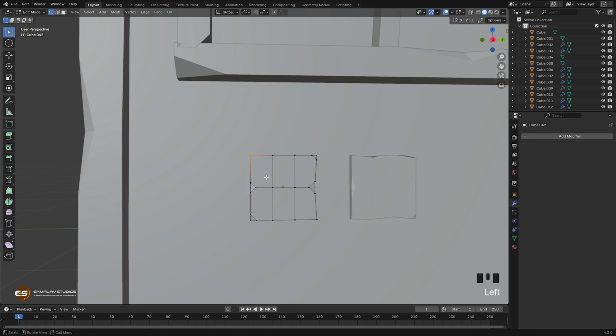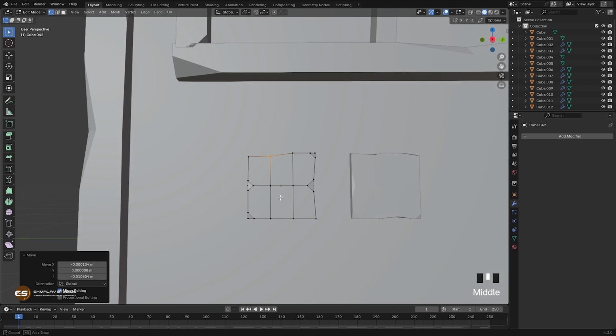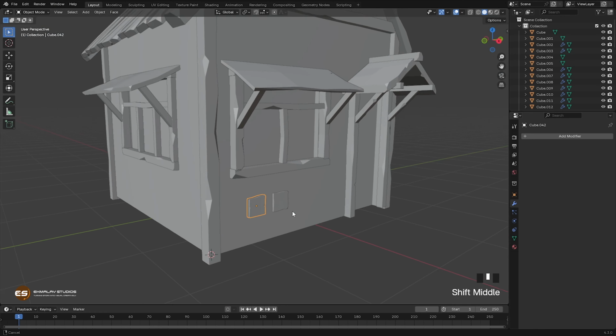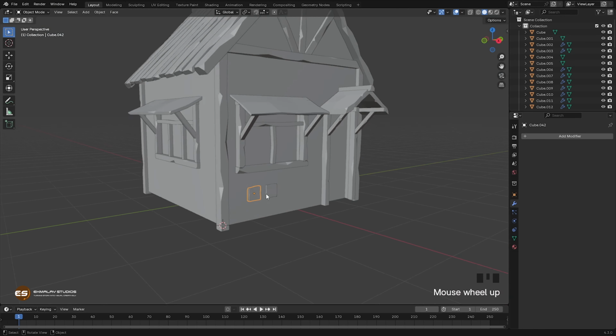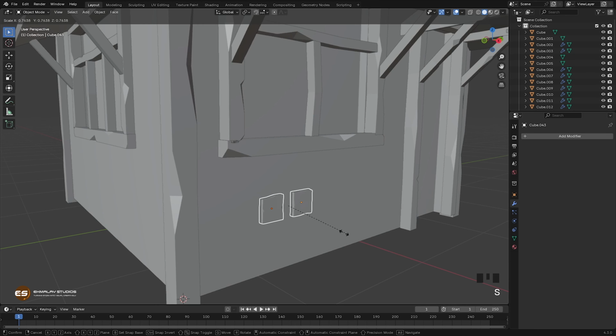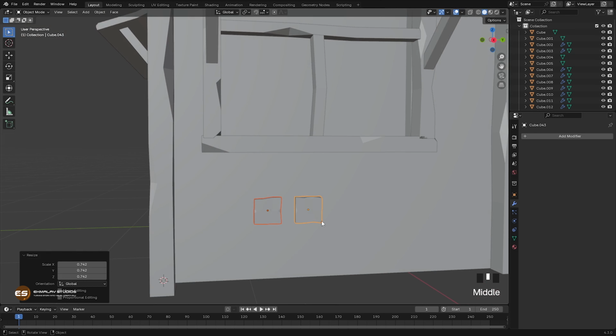Let's move these around a little bit on these two, just to make it a little bit different from each other. And I believe they are probably too big. So select both of them, S, and scale them down like this. And let's duplicate a few more. Control Shift,